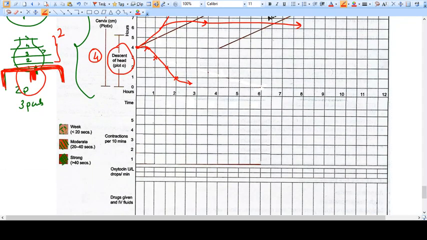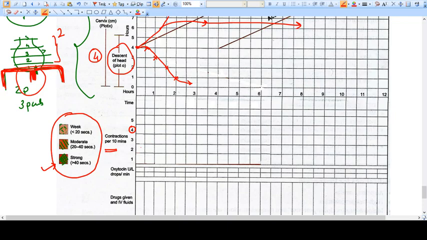Okay, now this is very important, the uterine contraction. What we are seeing here is we measure the uterine contraction in number per 10 minutes. For example, if we have examined the patient and we see that in the last 10 minutes there are 4 contractions, so we see that this is 4 contractions. Now we also see the intensity of the contraction. If the contraction is more than 40 seconds, then it is a strong contraction. If it is 20 to 40 seconds, that means it is a moderate contraction, and less than 20 seconds means weak contraction. So we put like that.